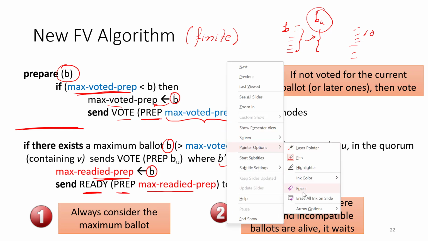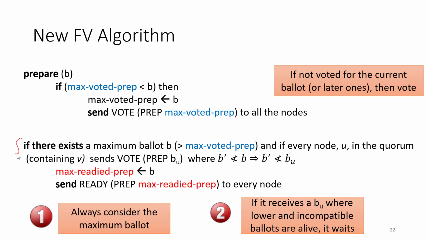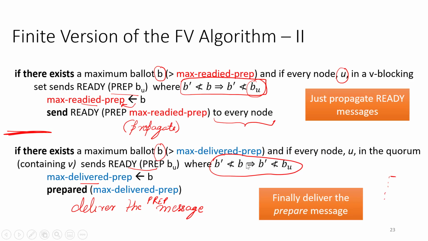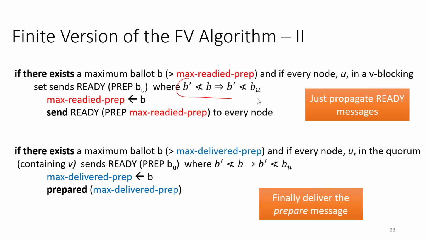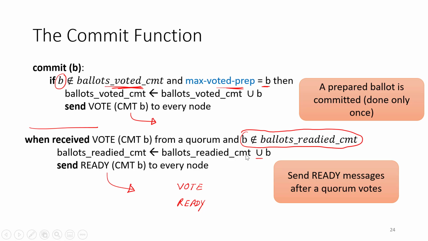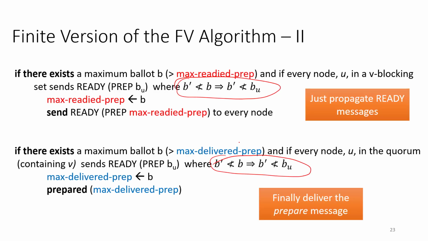So let me clear off the ink on the slide. It is this line over here which is saying that everybody has to have prepared for this, or basically a compatible ballot which is larger. And given the fact that the other node will have to pass through this stage, and this check is being done everywhere, it is not possible to bypass this check at any step. So that is why it is not possible that something else will get prepared and move through all the stages once some node in the intact set has gone as far as commit.